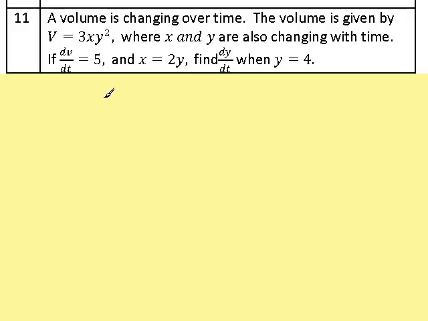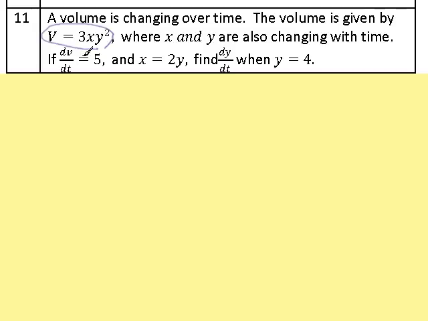In number 11, we have a related rate problem. A volume is changing over time, and the volume is given by this equation over here, where x and y are also changing with time. If dV/dt is equal to 5 and x is equal to 2y, find dy/dt when y is equal to 4. What we want to do is get an expression that contains dV/dt and dy/dt, so